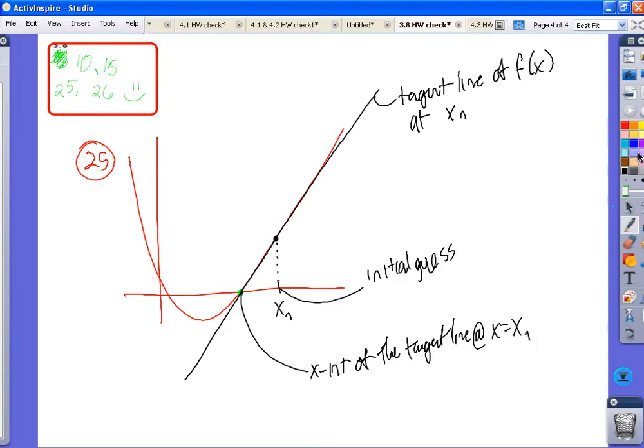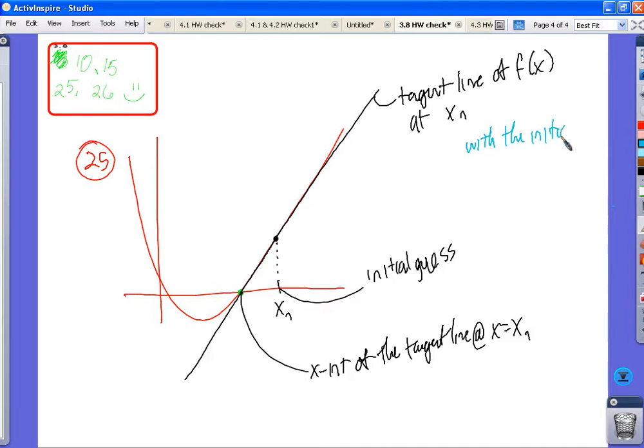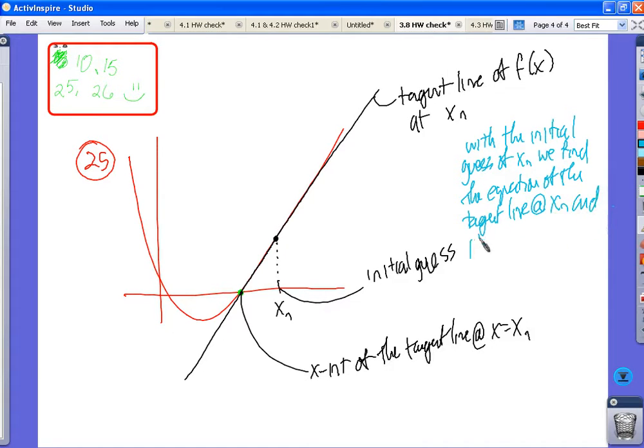So we can say with the initial guess of x sub n, we find the equation of the tangent line at x sub n and its x-intercept. This x-intercept is our